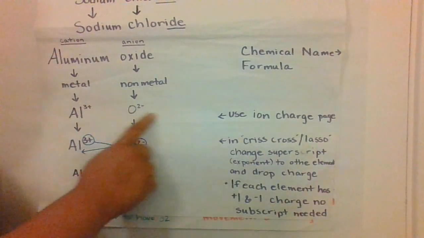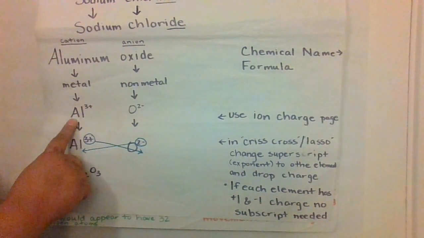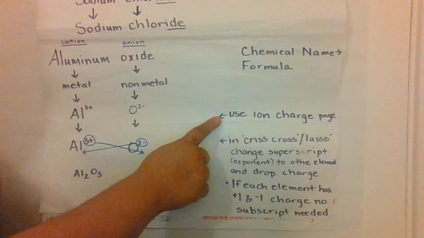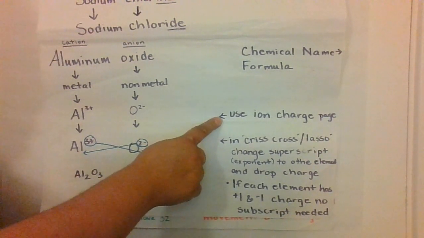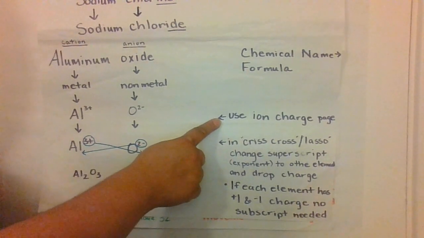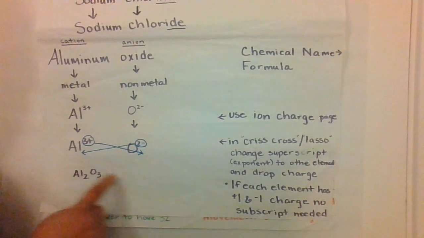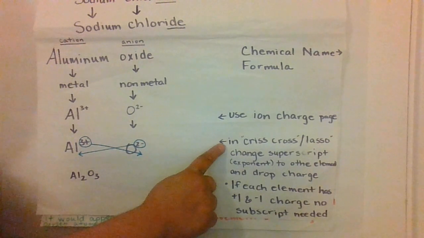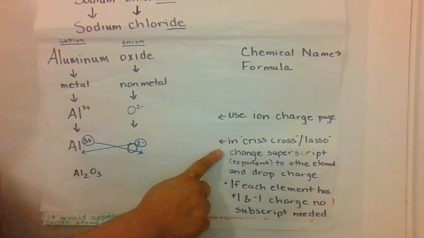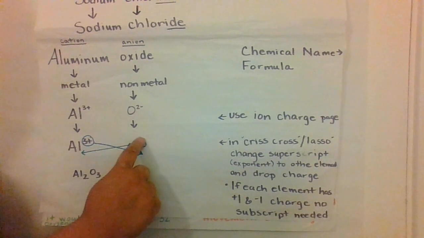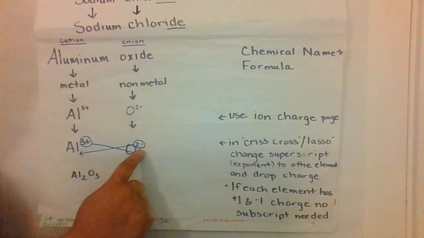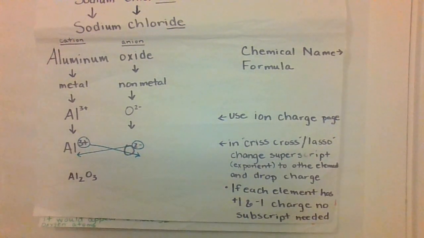In order to get my charges, I used an ion charge page, whether it was in the textbook or in the resources provided by my professor. I would then use the crisscross or lasso method to change the superscript for the charge. We're going to drop the symbol,